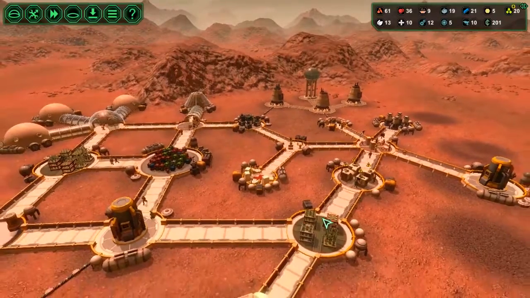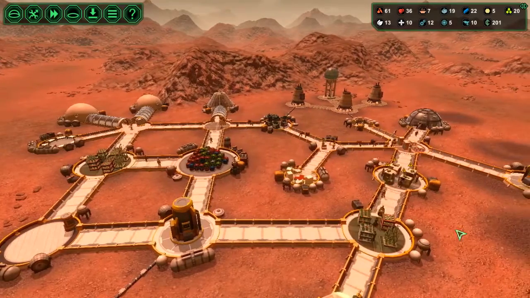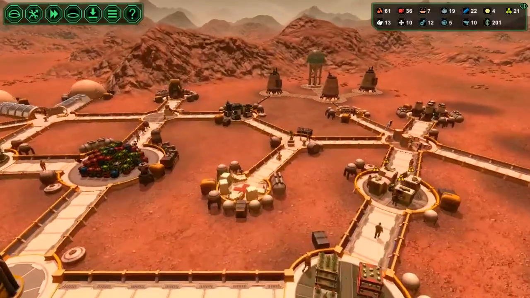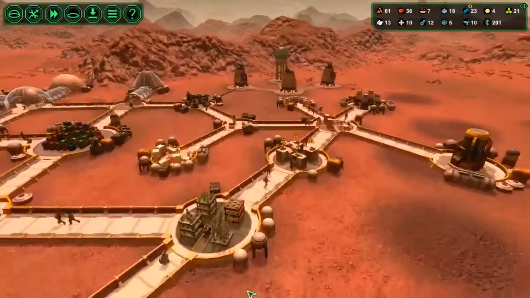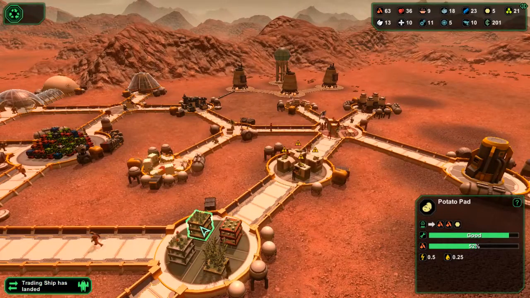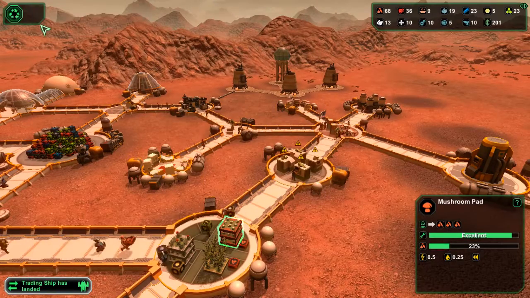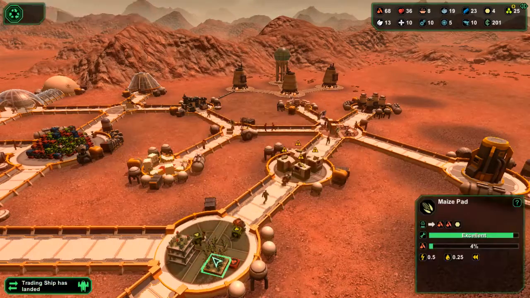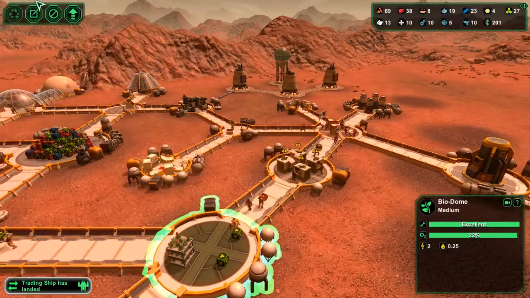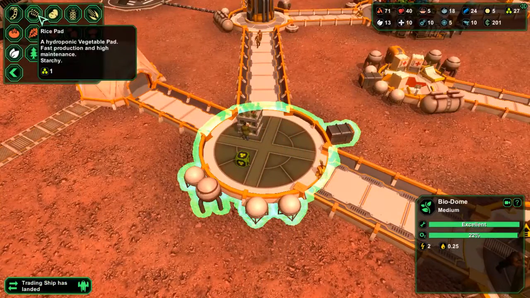I'm wondering, should I keep this as all starch right here and put some medical over here? Or just put in a couple starch and a couple med? I think I'll put in a couple starch and a couple med. Man, I'm having loads of trouble with not moving the way I want. I think what I'm going to do, recycle that. Recycle that. Recycle that. Yes. And then what we do here instead, we will put in, let's see, rice patties have fast